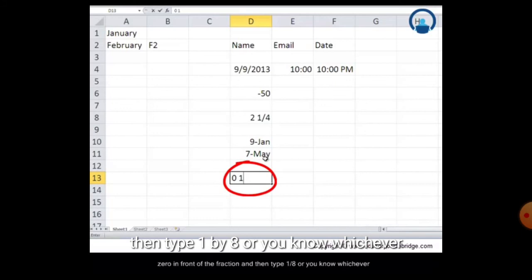Formulas use parentheses and the equal sign. So we use these types of data in Excel.